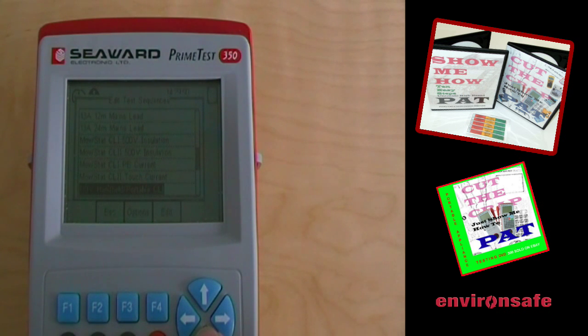110 volt handheld portable class 1, 110 volt handheld portable class 2, 110 volt movable stationary class 1, 110 volt movable stationary class 2, 110 volt 25 meter lead, RPE and insulation,